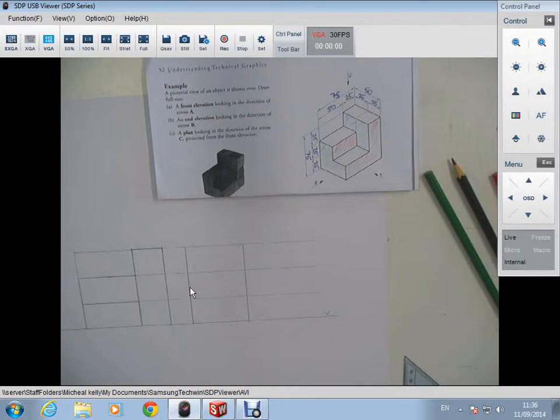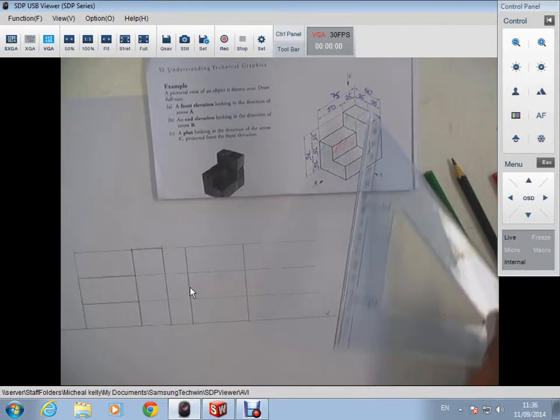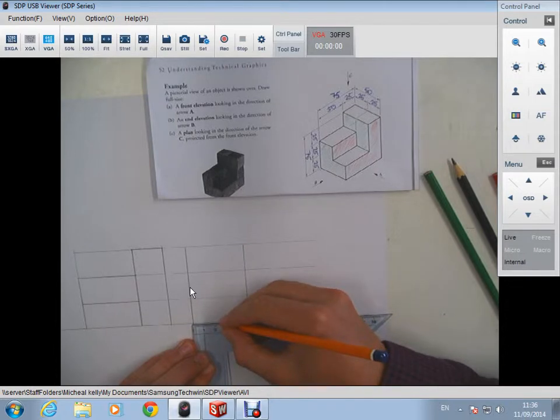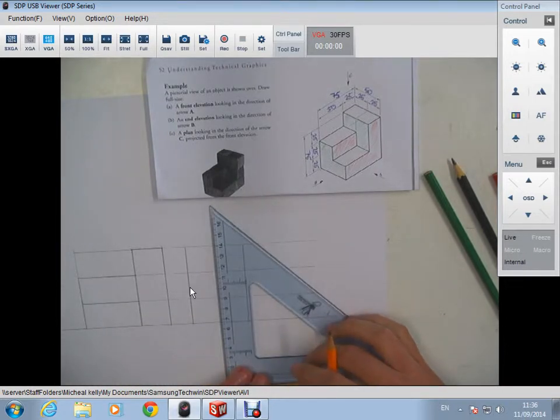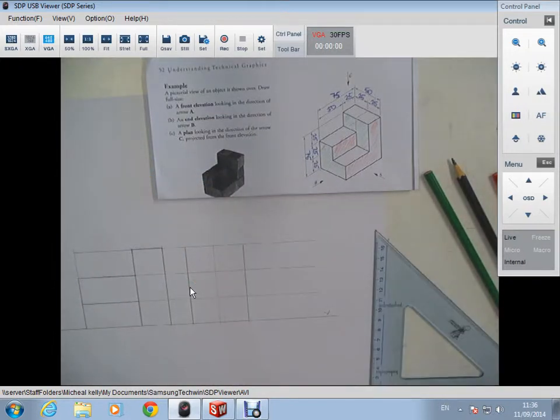Now the last construction line that I need to measure in is, I can see this part here in the middle of my pictorial drawing is a distance of 25mm in. So if I measure that anywhere on my end elevation, take my line vertically up using my set square,